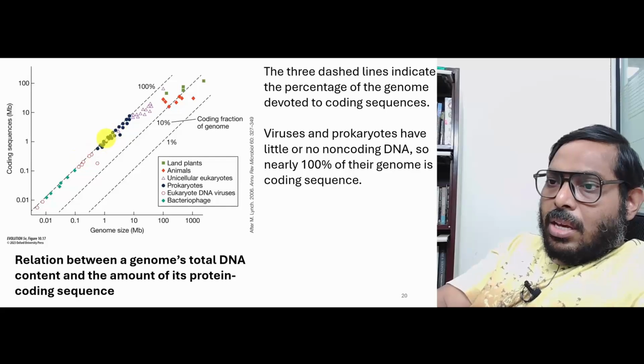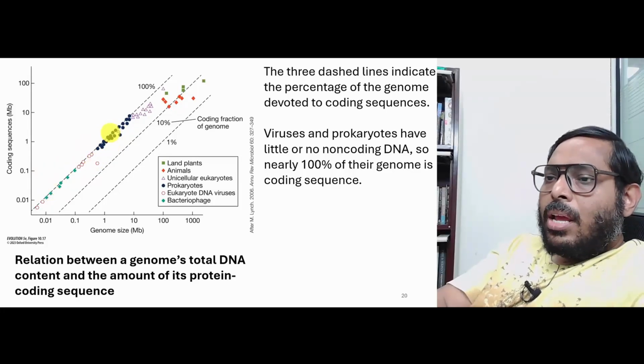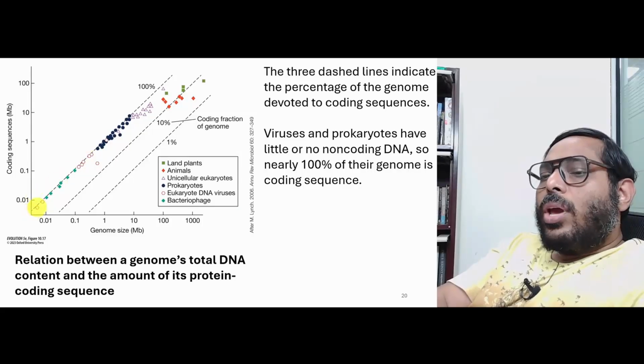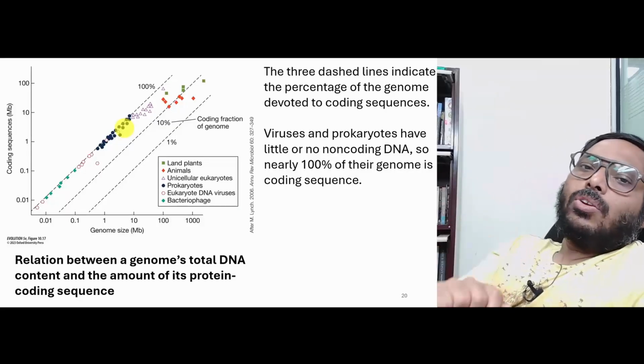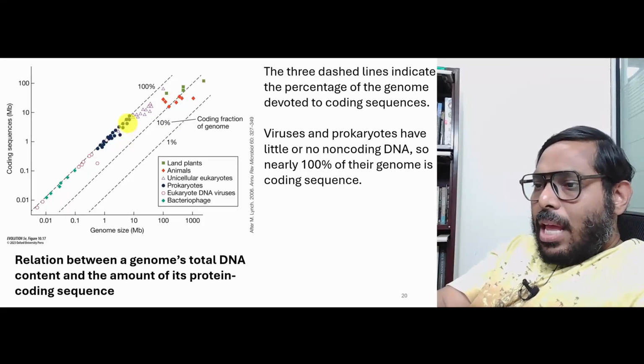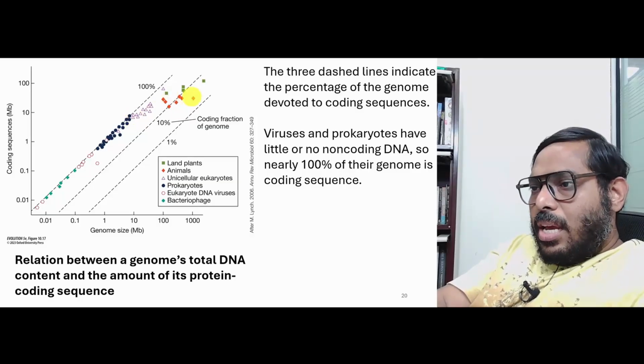With one little exception here and there, these are the ones in which the coding sequences occupy 100% of the genome and they hardly have any non-coding DNA. But then the moment you come to, let us say, here,